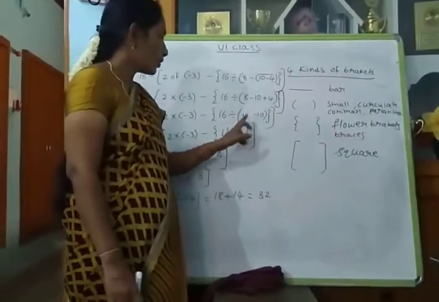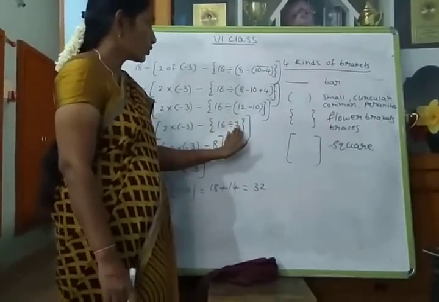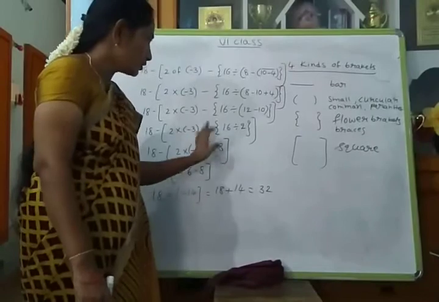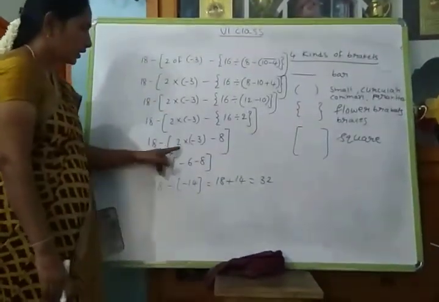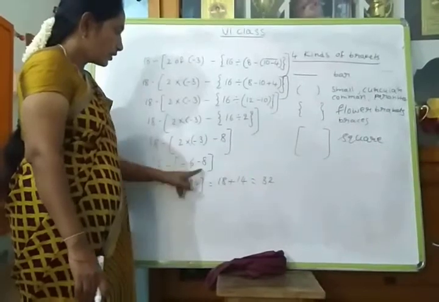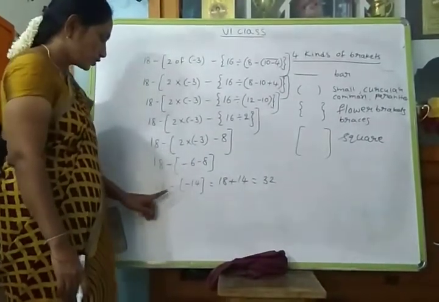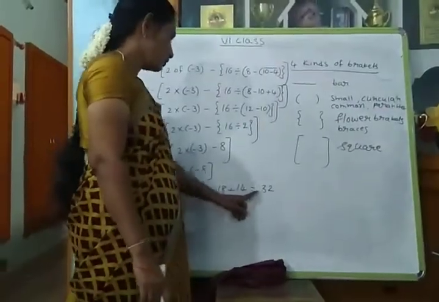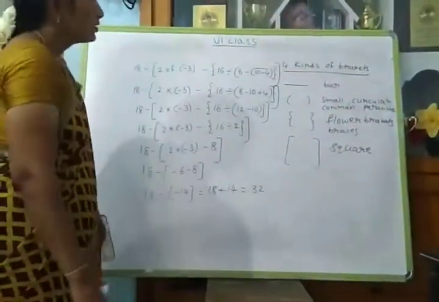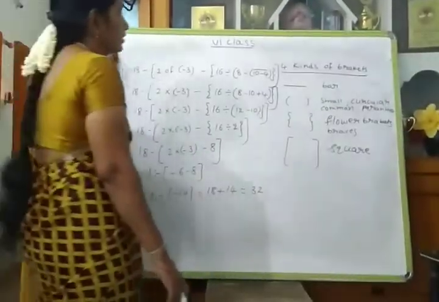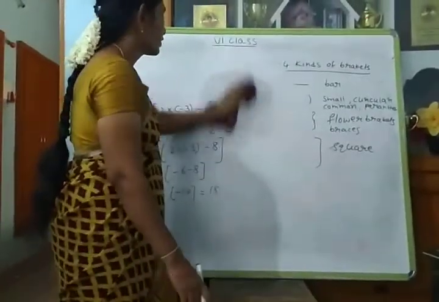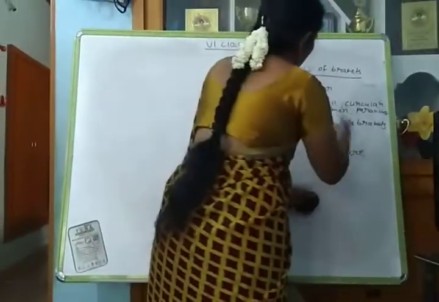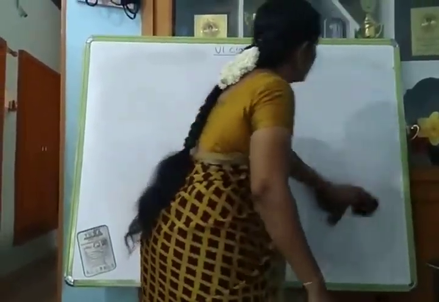2. So now small brackets will be removed. After simplification no need to write the bracket. Next 16 divided by 2, you get 8. So in this simplification you get 8. So now we have to remove that bracket. Next here multiplication, minus 6. Here minus 8. Both negatives, we have to add: minus 16. So 18 minus of minus plus. 18 plus 14, 32 is the answer. So like this we have to simplify the brackets and the symbols, multiplication, addition. First we have to simplify division. Bracket means first the bracket. Brackets also otherwise we have to remove.